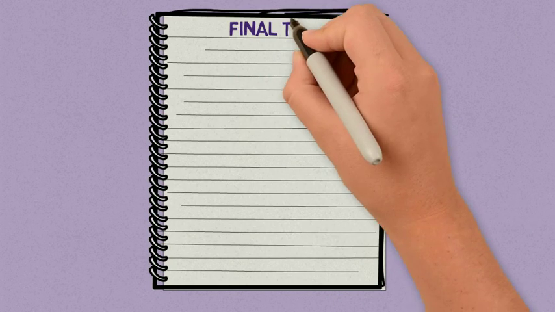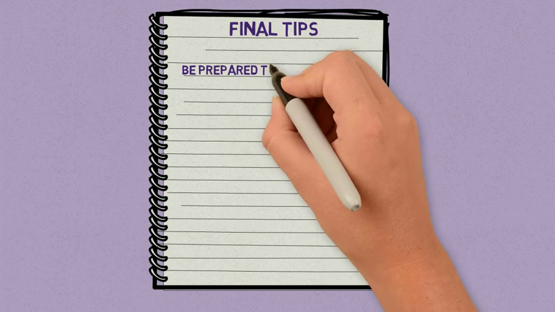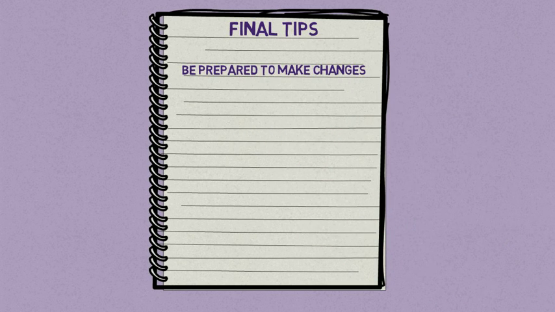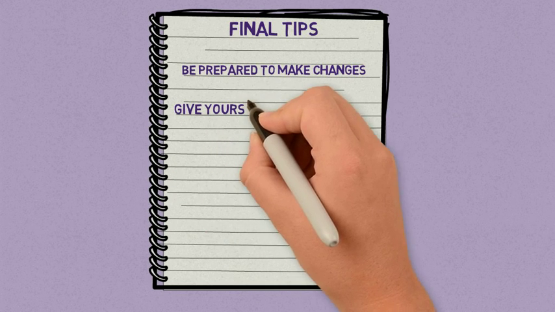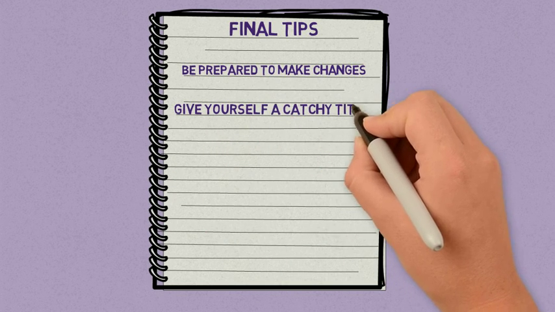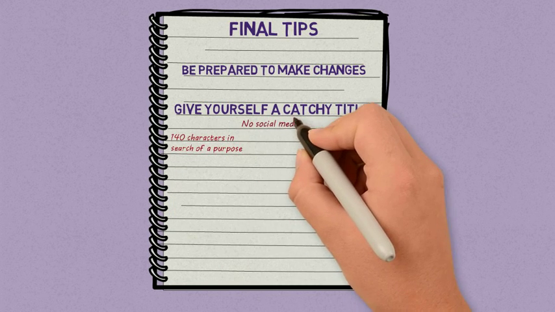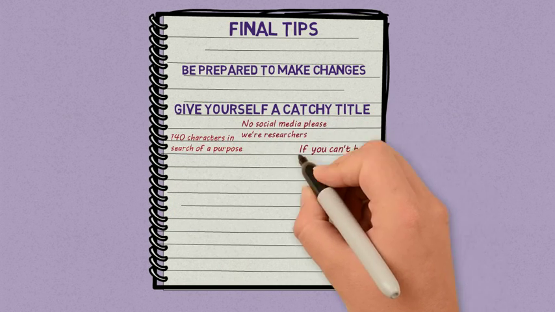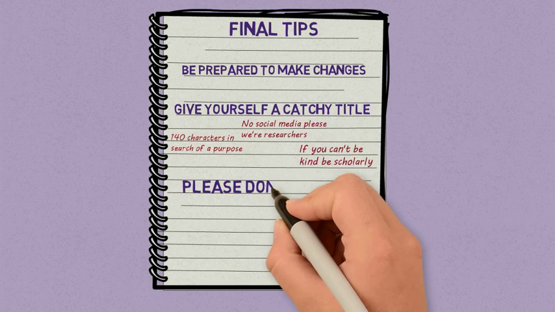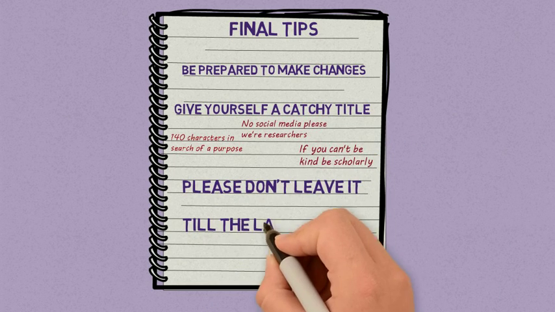And some final tips to end on. Do be prepared to make changes. One of our most frequent amendments is to include explicit links to information literacy. And remember that the reviewers are obviously a vital part of the process, but if you get into the conference, you want to capture the interest of as many delegates as possible, so give yourself a catchy title to draw the eye. And finally, do try not to leave it till the last minute.